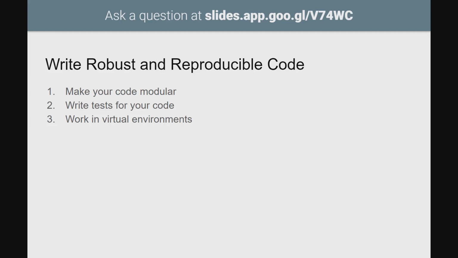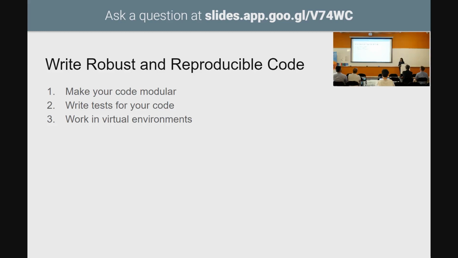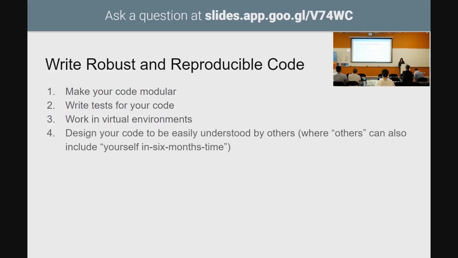They are super cool because now we know all the dependencies that we need in order to run our code. If you're using just one language like Python, and a bunch of my examples are based on that, virtual environments are built into Python 3. And as Python 2.7 is deprecated, you can very easily spin up a virtual env on your machine, and you keep track of all the modules that you need for your system to run. And lastly, design your code to be easily understood by others, where others could also mean you in 6 months, which everybody, including me, is terrible at.